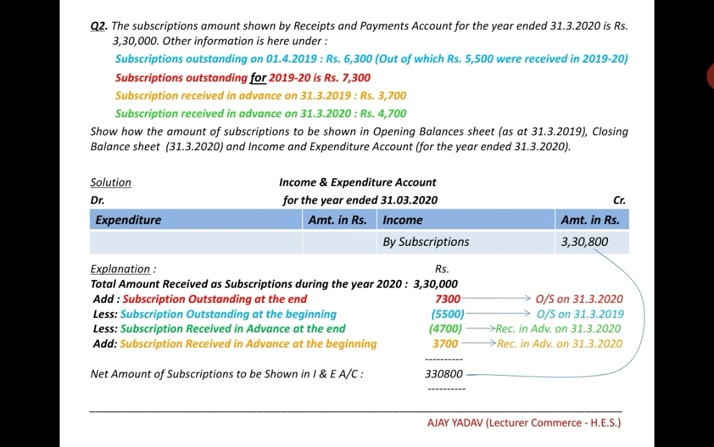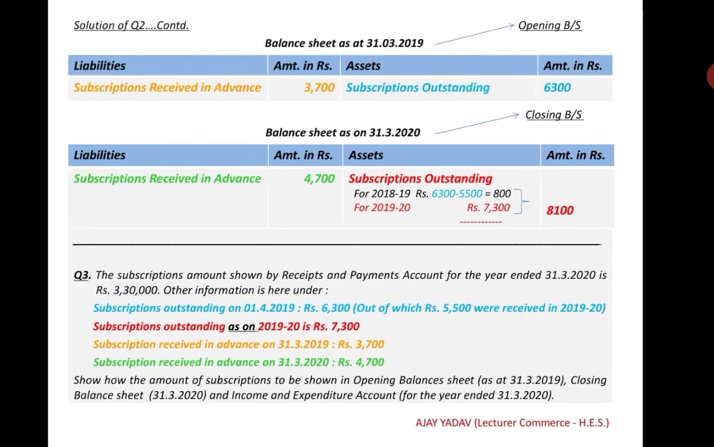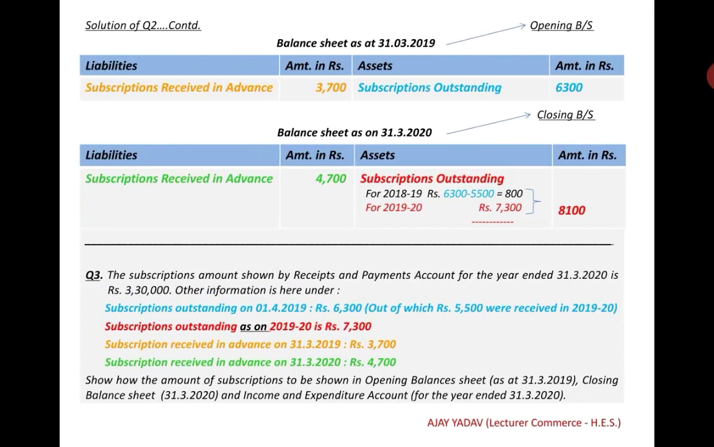So it is to be shown on the income side of the income and expenditure account. Balance sheet as at 31st March 2019, we can say it is the opening balance sheet, and balance sheet as on 31st March 2020, we can say it is the closing balance sheet. So, subscription received in advance in the beginning will be shown on the liability side, and subscription outstanding